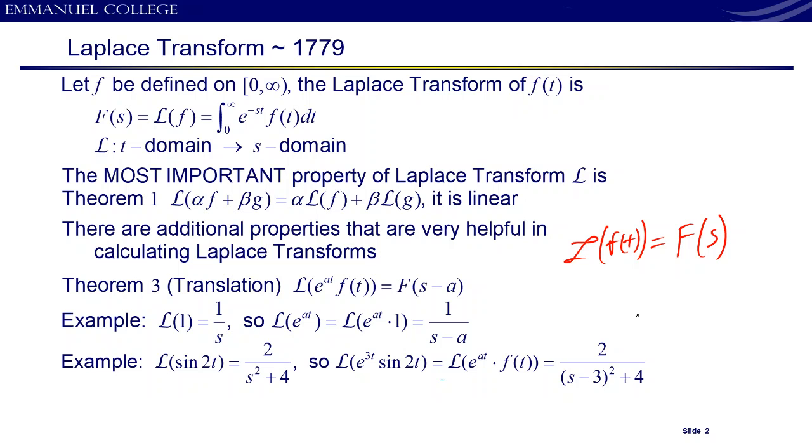So take something like sine of 2t, which has the Laplace transform of 2 over s squared plus 4. That means if you need to do the Laplace transform of e to the 3t times sine of 2t,